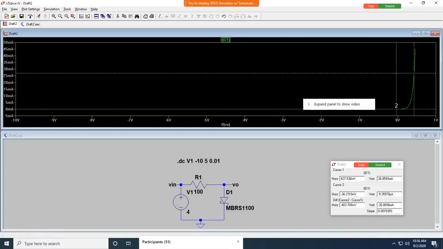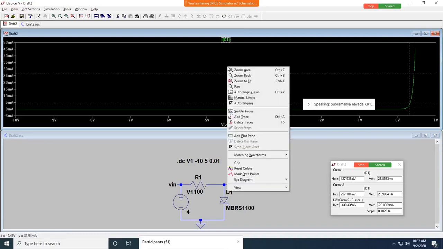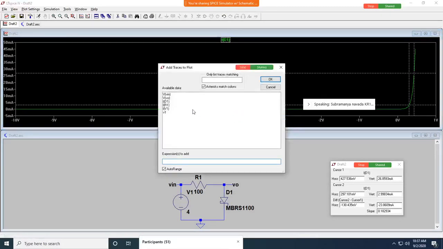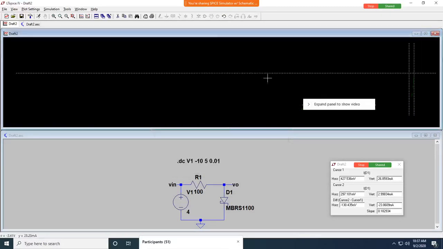Depending on the application, you'll be choosing a particular diode. Again, it is the same because we are not changing anything. We are simply changing the diode specification, so that is giving different characteristics. What you're plotting is the voltage across the diode to the current. Current can be through the diode or through the resistor because both are the same. I can replace this by add trace and we'll get the same.